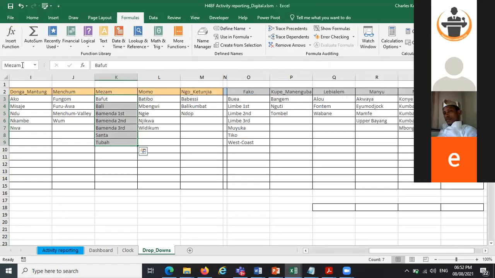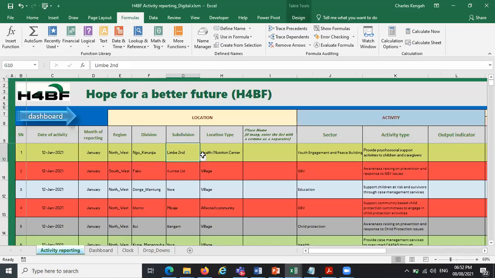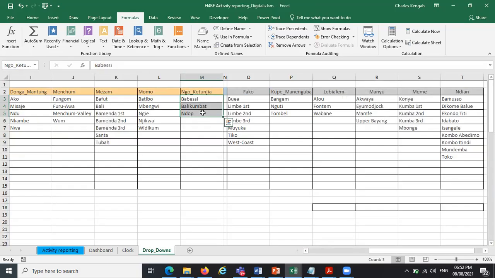That is named Ngokutunja. That's why I'm using an indirect function. That point and Ngokutunja will give me things that are indirectly linked to Ngokutunja. So if I come now here, you see there were 3, and these are them: Babisi, Balikumbat, and Dop. And these are the same thing here: Babisi, Balikumbat, and Dop. So that's how